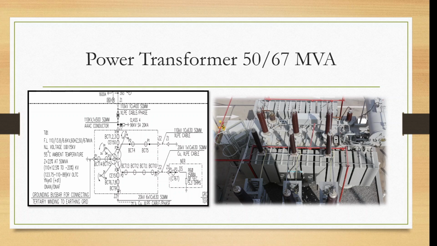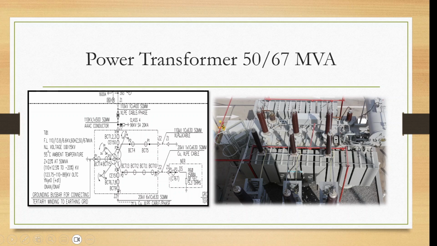These CTs are used for different types of protections applied in the transformer protection, mainly differential protections, sensitive earth fault protections, and restricted earth fault protections. So you can see here the neutral of this transformer is solidly grounded through a cable, 1 into 1 core 630 square mm XLP cable, and it's a 110 kV